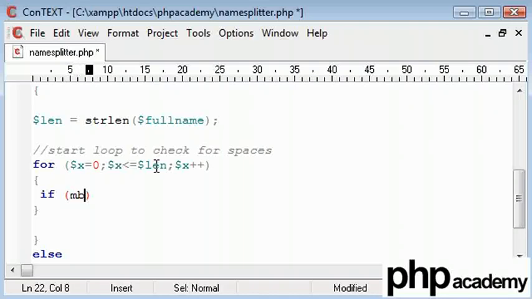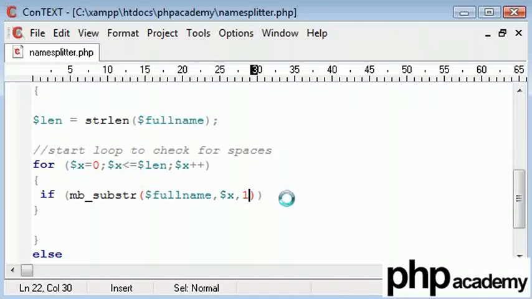So I'm going to say mb substring, and the variable I want to apply this to is full name. I want to look at position x, because we're looping through the length of the string. So it will go 0, 1, 2, 3 up until 12. And I want this to be 1 character long. So essentially all this is doing,